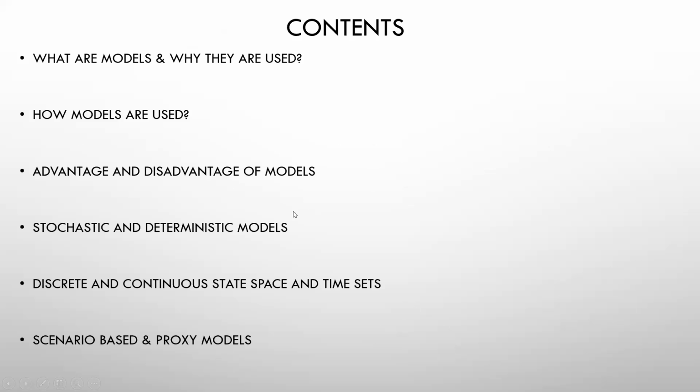So the contents include what are actuarial models and why they are used and how the models are used, the advantages and disadvantages of it, the stochastic and deterministic models. That is, stochastic in a sense refers to fluctuating or variable or varying observations with some given probability, and deterministic refers to fixed and constant or not fluctuating variables,